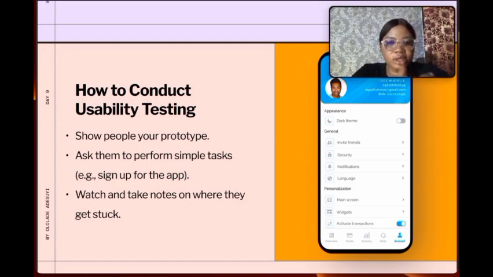That is a task. You are telling them, add a dress to your cart. That is a task. You are telling them, delete something from your app. That's a task. You're telling them unfollow somebody. That's a task. So you have to make sure that before you even start the testing at all, create maybe